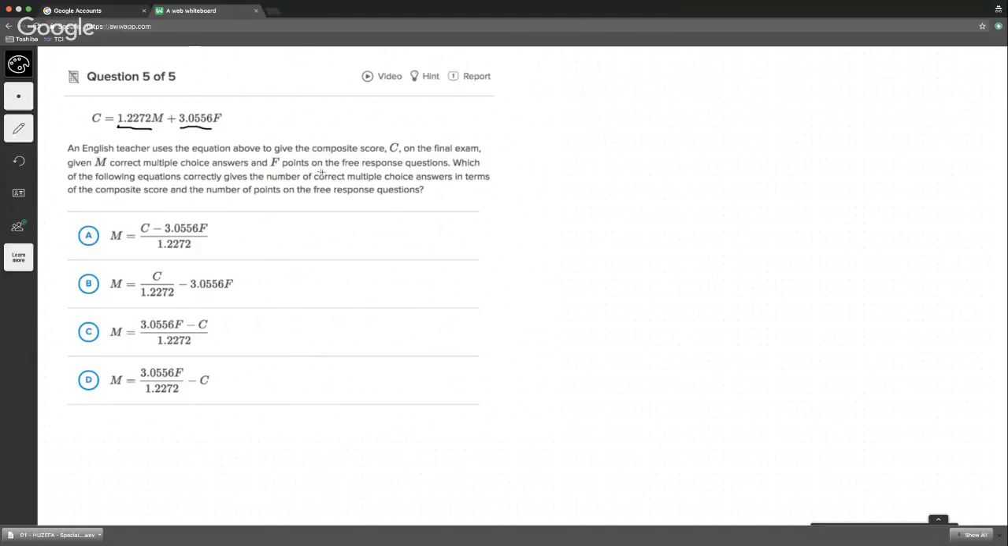So which of the following correctly gives the number of correct multiple choice answers? Okay, so we're isolating for M, in terms of the composite score and everything. They said, which one of the following equations gives the number of correct multiple choice answers in terms of, blah, blah, blah. And in all the answer choices, M is being isolated. That's it. No questions. Okay, there's no ambiguity in what they're asking. So let's go ahead and isolate